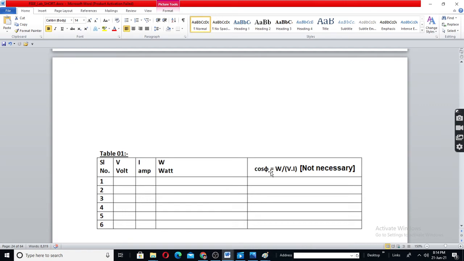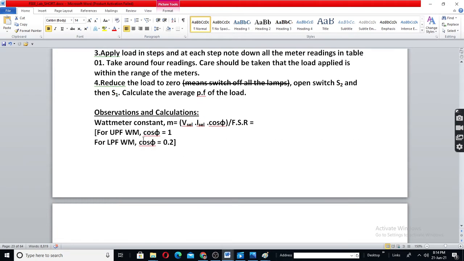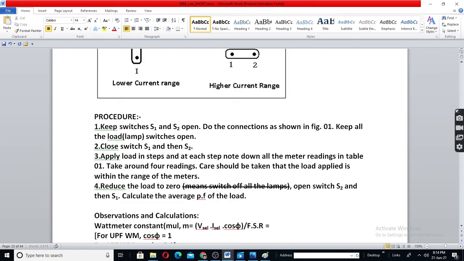Right. While noting down the wattmeter reading, you have to take care of the multiplier constant. The wattmeter constant, which is also called the wattmeter multiplier, both are the same. The wattmeter constant is given by V selected into I selected into cos phi by FSR.